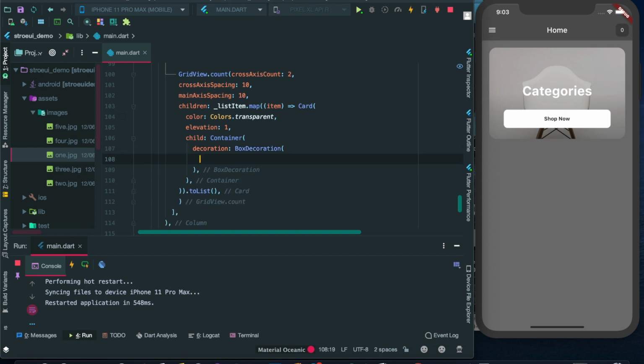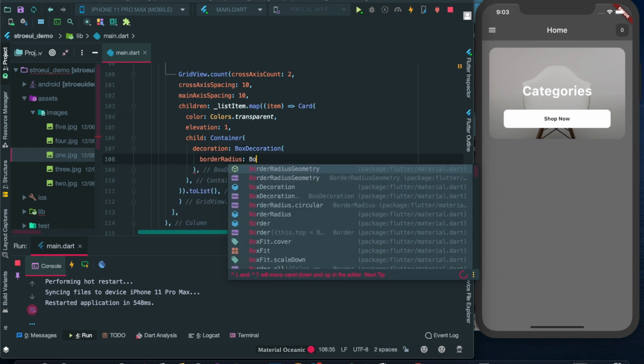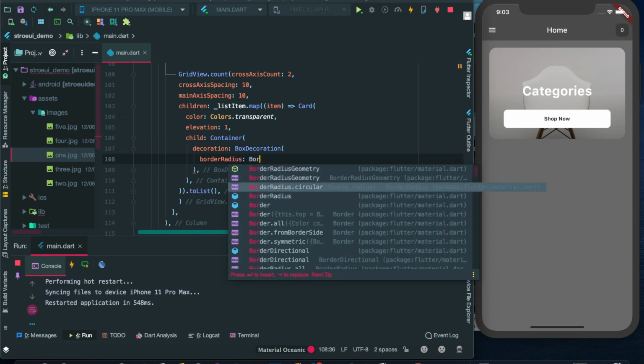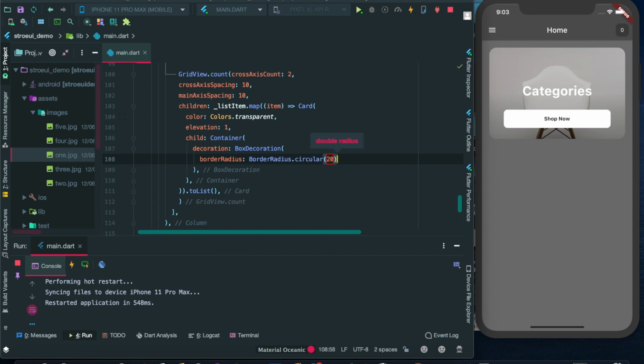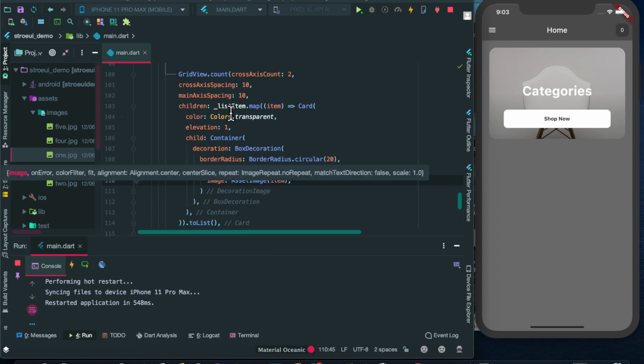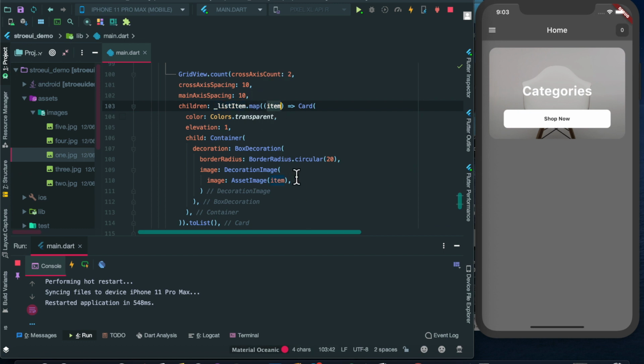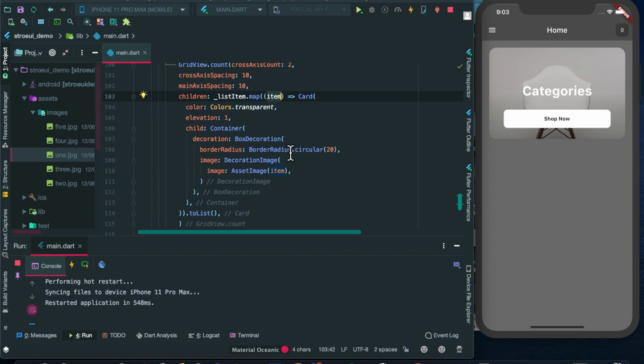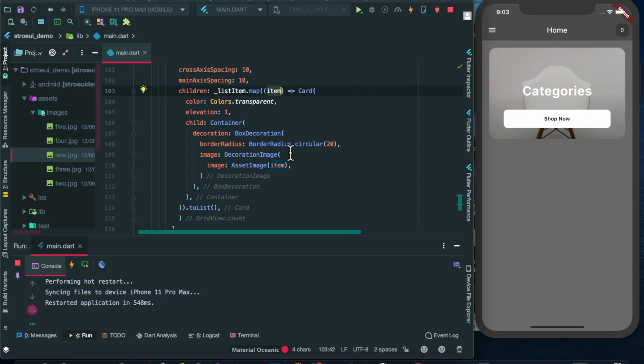So let's have a BoxDecoration. Then add a borderRadius.circular, and put the circular radius to be 20. Let's have an image as decoration image, which will be an AssetImage, which will basically be the item that we have mapped, right? This will loop until the images finish, right?